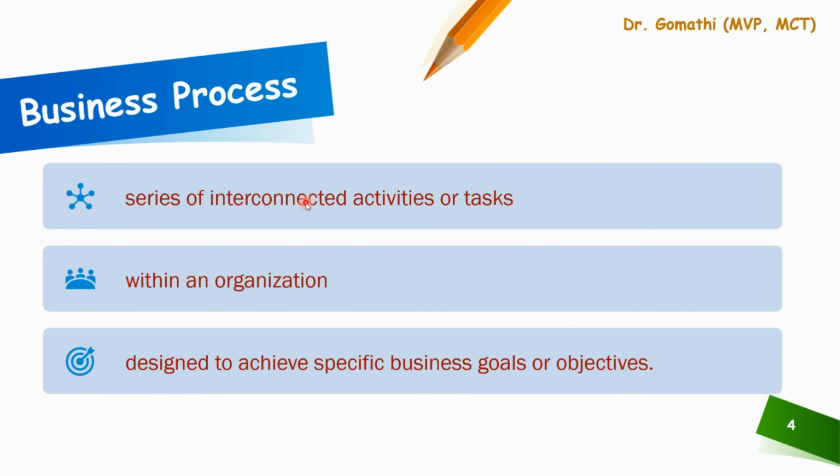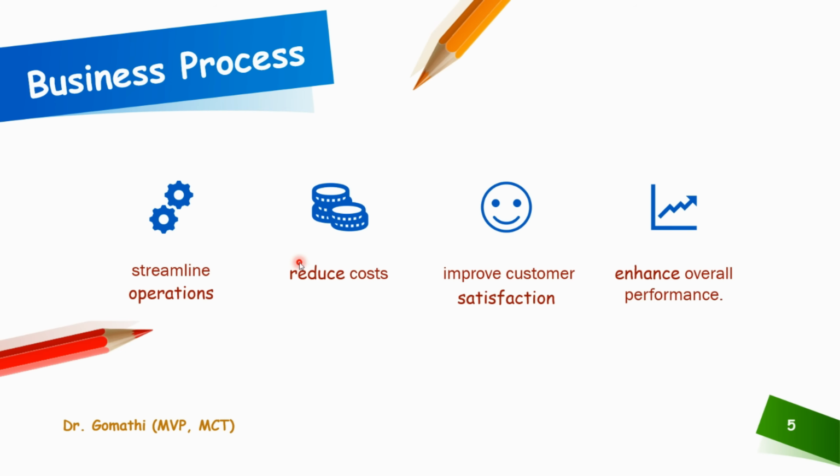Supply chain management is the backbone of any successful business. A business process in the context of supply chain refers to a series of interconnected and coordinated activities that are carried out within an organization to achieve specific goals related to the flow of goods, information, and services across the supply chain network. These processes involve multiple stakeholders, departments, and functions and are designed to ensure the efficient and effective movement of products from raw material suppliers to the end customers.